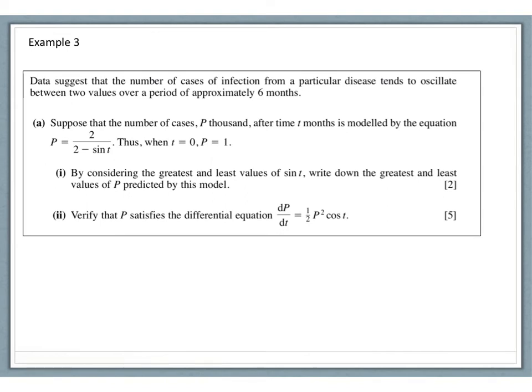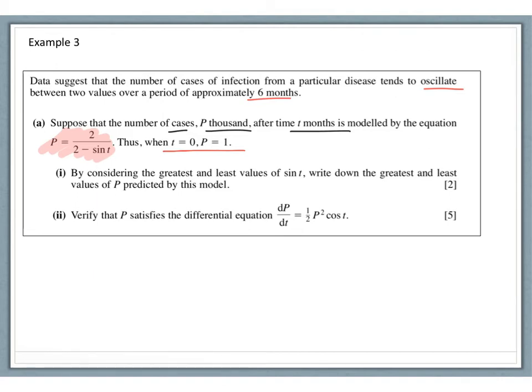Right, example 3. Data suggest that the number of cases of infection from a particular disease tends to oscillate between 2 values over a period of approximately 6 months. Suppose that the number of cases, p thousands, after time t months is modelled by this equation here. And when t equals 0, p equals 1. By considering the greatest and least values of sine t, write down the greatest and least values of p predicted